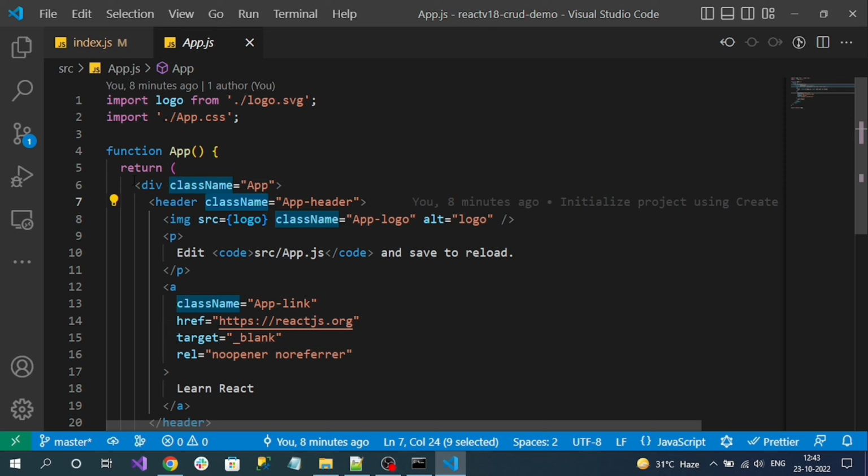Okay. So this is the entry file. That's all about the default files in our React.js application. Okay. Now